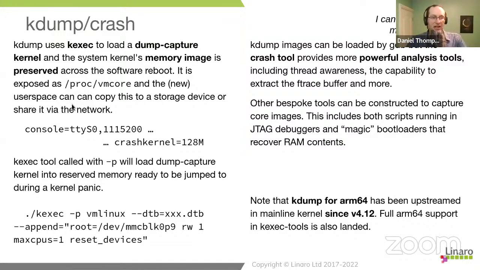So the way it works is as the new kernel comes up, there's a special file called proc_vmcore, which is the memory image of the previous kernel. And that can just be loaded into crash tools and examined at will. So you can exfiltrate it however you like. You've got a file, proc_vmcore, and you could use network to copy it to another machine. You could store it to storage media. If you've got a storage driver, you could even automate the storage to it. The problem, of course, is that you do have to have the new kernel work sufficiently well.